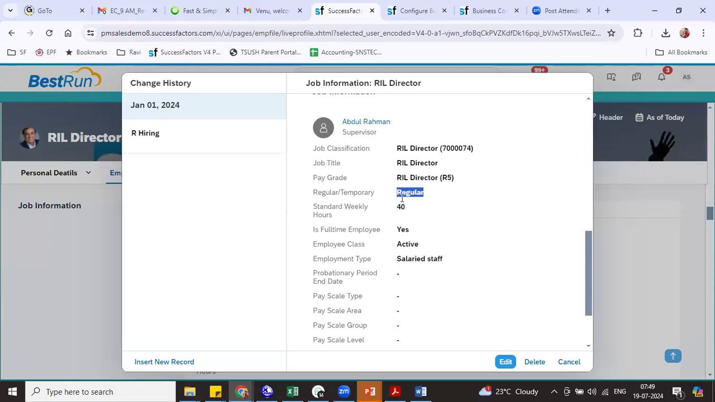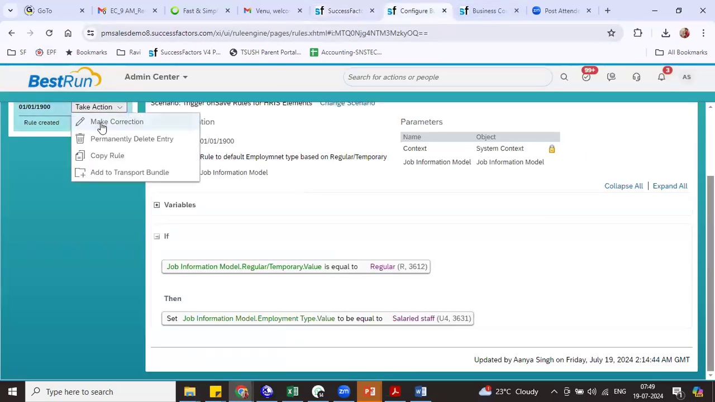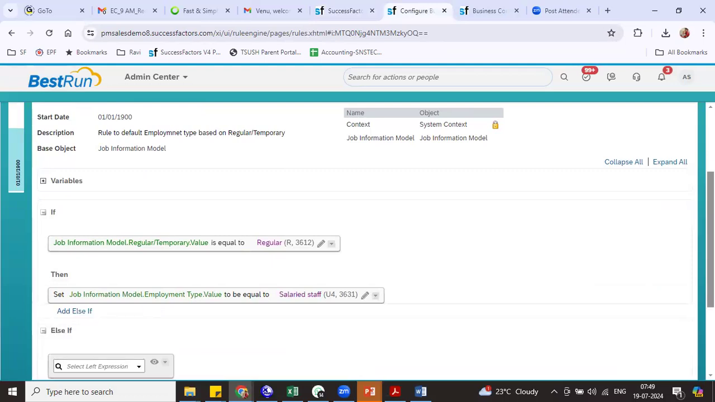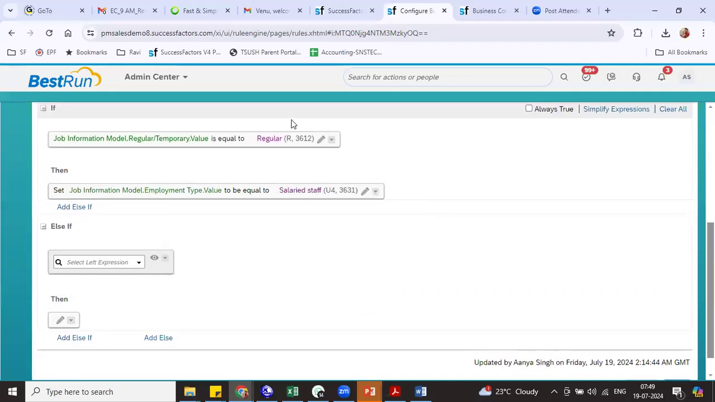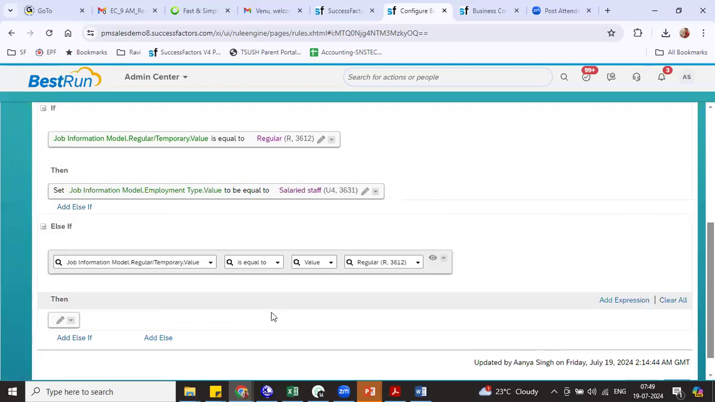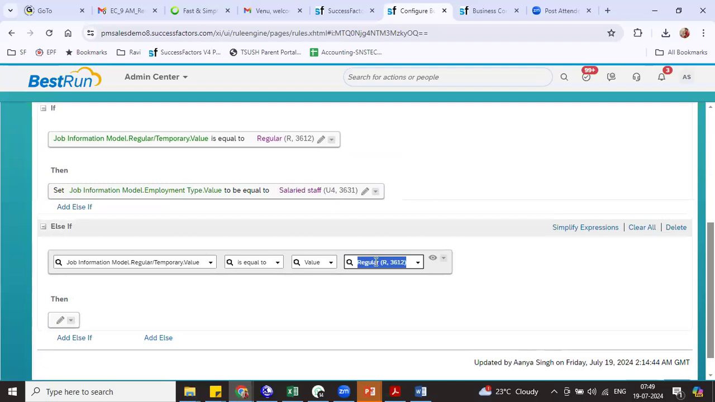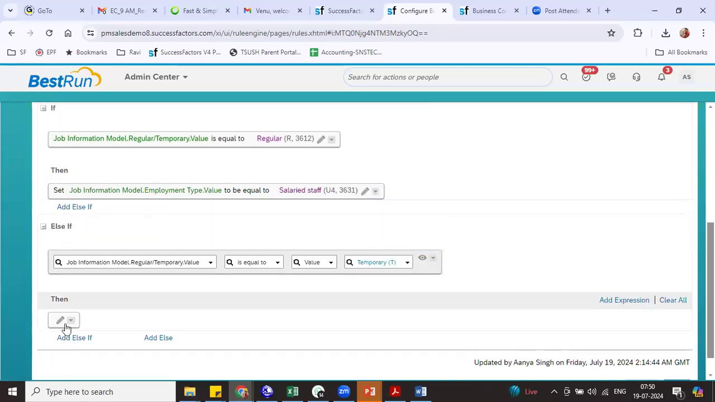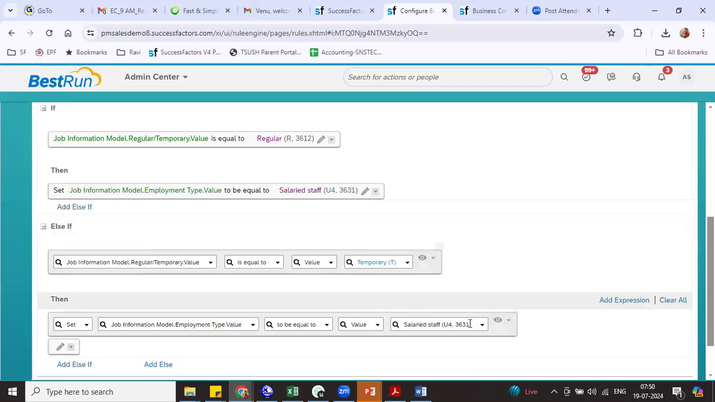Now, what if regular temporary is contractor? I have not defined that condition. I can also define that condition. Make correction. Okay. So here, if it is regular, it is salaried staff. Else if, you can have one more condition, else if. Go select else if. Else if meaning, if it is not regular, you can copy this condition and paste it here instead of typing everything. Instead of regular, I'll go choose temporary. If it is temporary, again, copy this condition, paste this condition here. And instead of